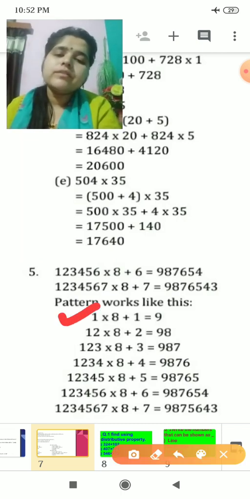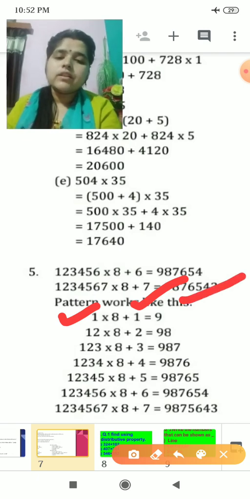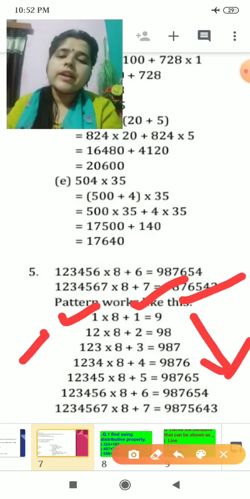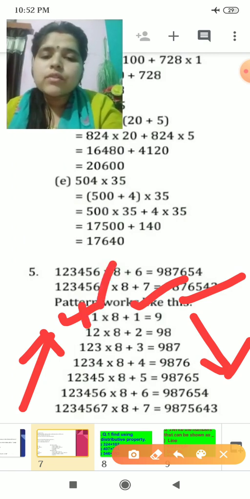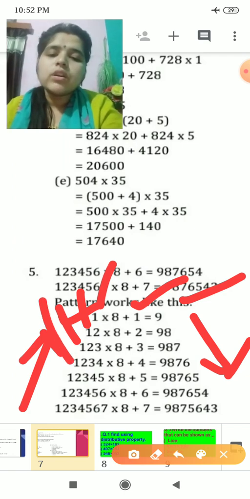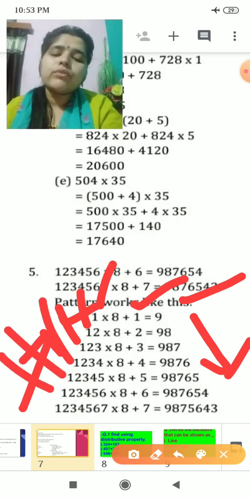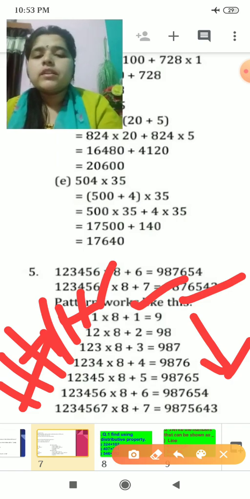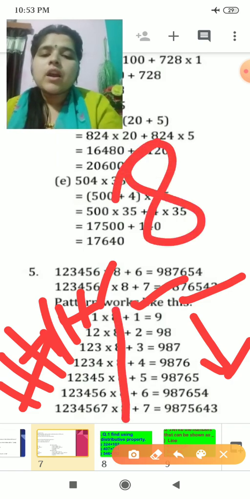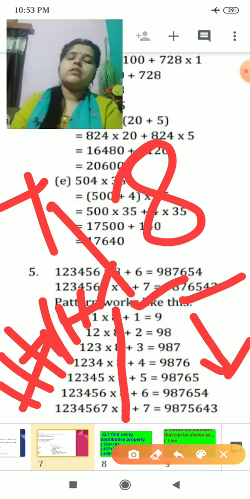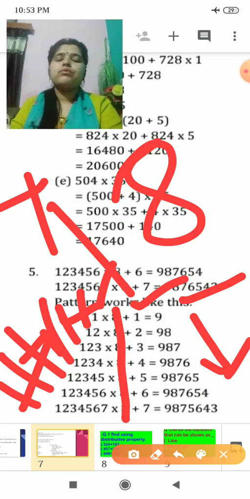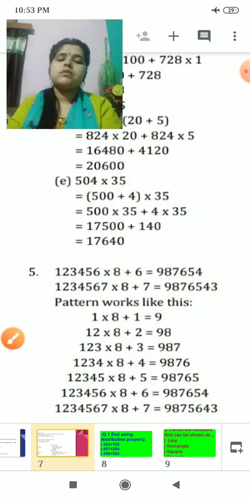First one was 1. Here was 1. Here was 9. This is reducing, and this side is increasing. Okay, this you can see, look at this. This was 1, this was 12, this was 123, this was 1234, 12345, 123456, 1234567, and this is 8. This is fixed 8, but this is also increasing. 1234567. In this way you can see the pattern which we have to follow for the whole numbers. If it is given in the exam, you have to see this and follow it and write the next steps.